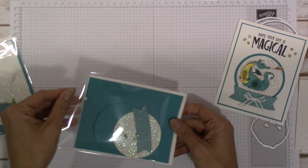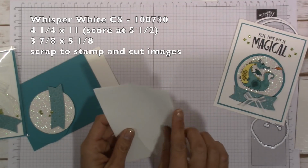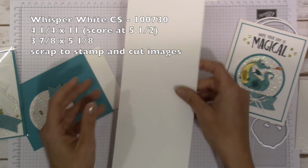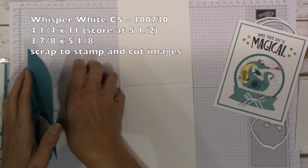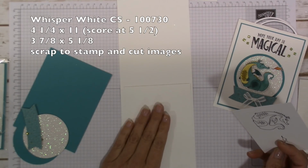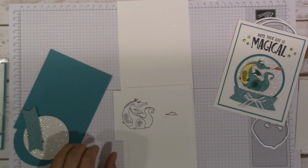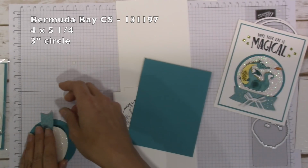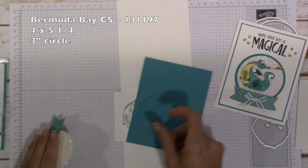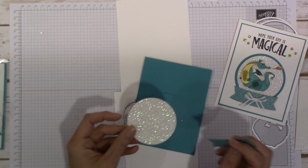The card supplies: the paper that I used is Whisper White, a 4 1/4 by 11 piece scored at 5 1/2. And then this is a 3 7/8 by 5 1/8. A scrap to stamp your dinosaur and the little accents, I'm trying to get my dimensions up here, to stamp out your stuff. Bermuda Bay cardstock, 4 by 5 1/4 inches, a 3-inch circle from the Layering Circles Framelits,